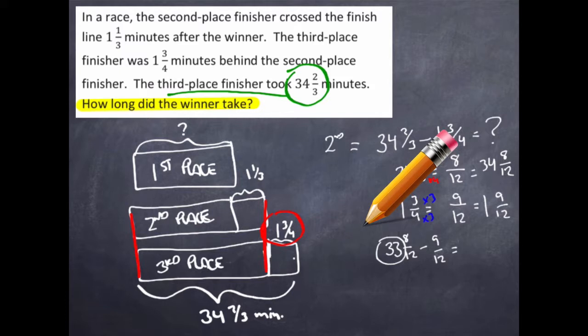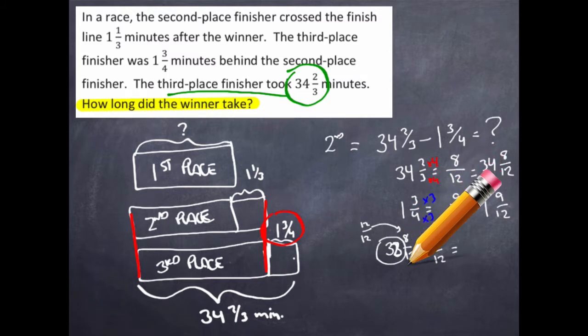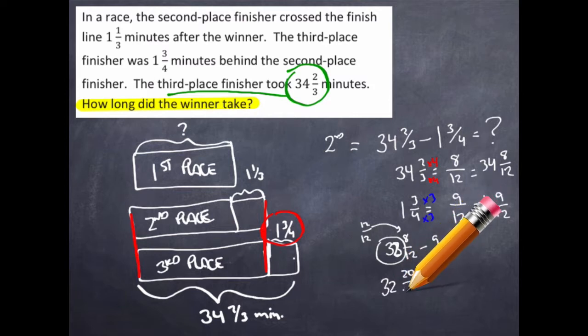So 1 whole from 33 could be the same as 12/12, right? 12/12 would be the same as 1 whole. So if I took that away, that would change my 33 to a 32. And I could add that 12/12 onto the 8/12 that I already have, which would give me 20/12. So I would have 32 and 20/12 minus